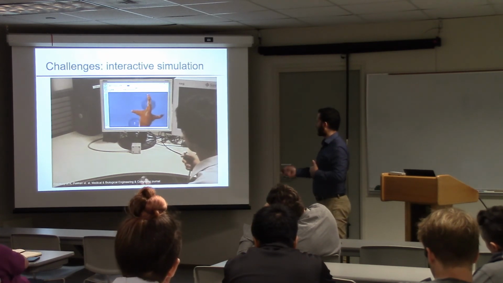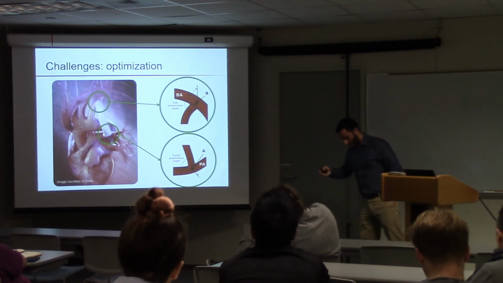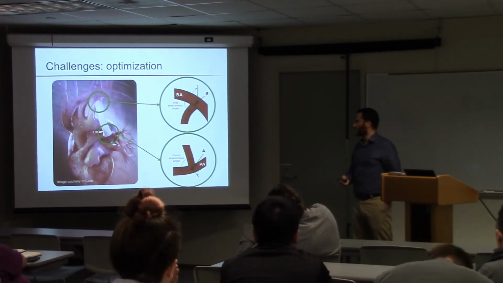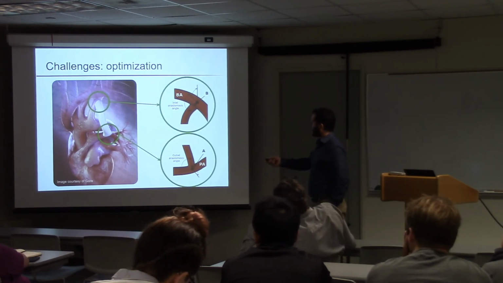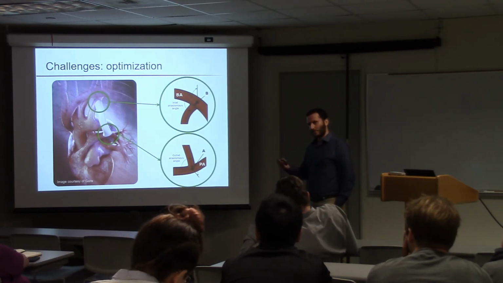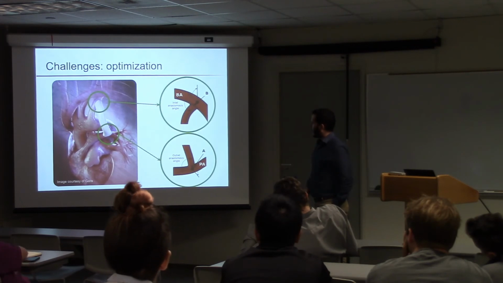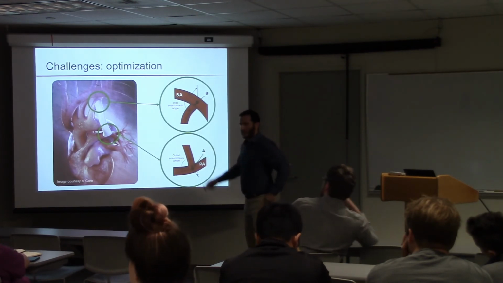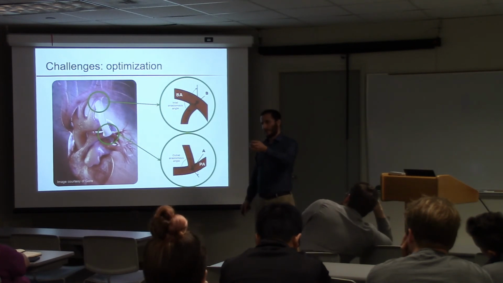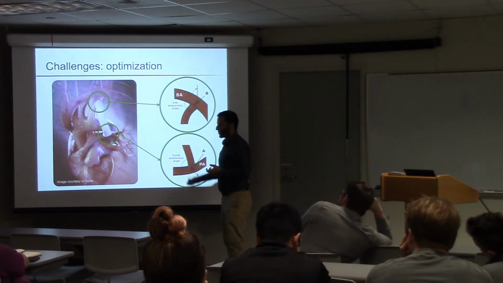So that's one area. Another area where faster simulations are going to be extremely important is in optimization. So this is a single ventricle that is undergoing an operation, and what they need to do is basically construct a vessel between the pulmonary artery and the aorta. So the question here is, what should the size of that vessel be? Where should you connect it, at what angle should you connect it, and so on and so forth.